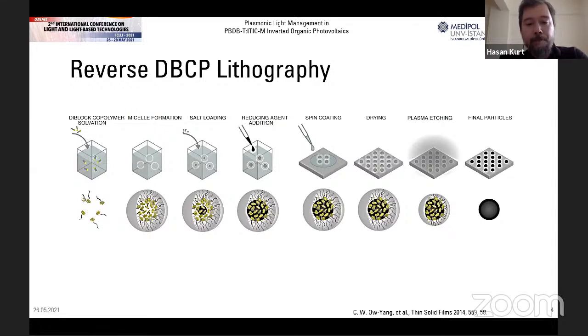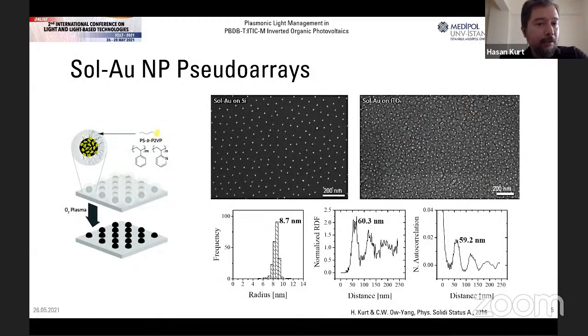hydrochloroauric acid, and then we can use reducing agents, or oxygen plasma can reduce them as well, and we can have gold nanoparticles, and they can be easily applied to the surface through spin coating, and they are going to produce somewhat pseudo arrays. They are going to be well defined in terms of diameter. For example, this is one of the earlier works of our group. So in this one, they have a radius around 8 nanometers, and they still show up to a third nearest neighbor relation. And they can be applied to many of the surfaces, like you can also apply them to